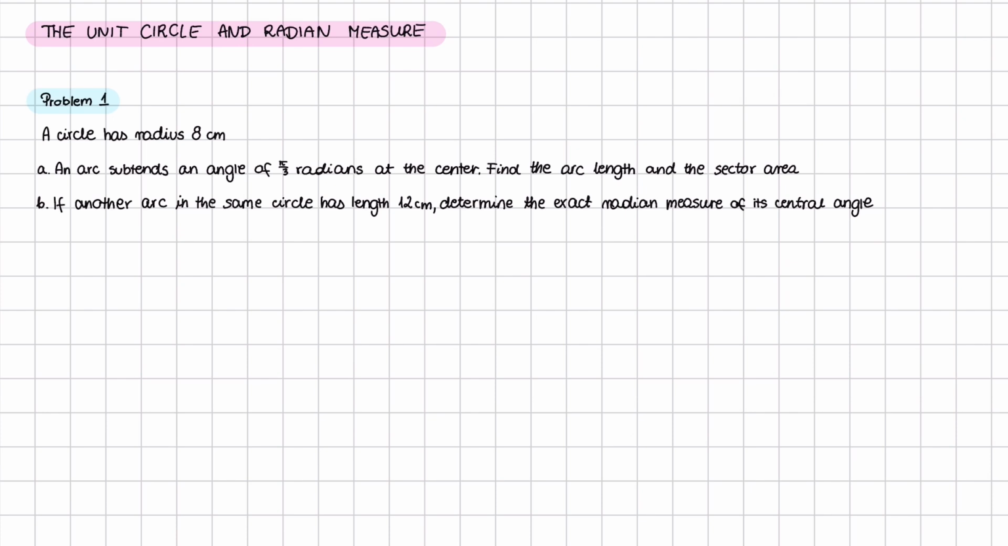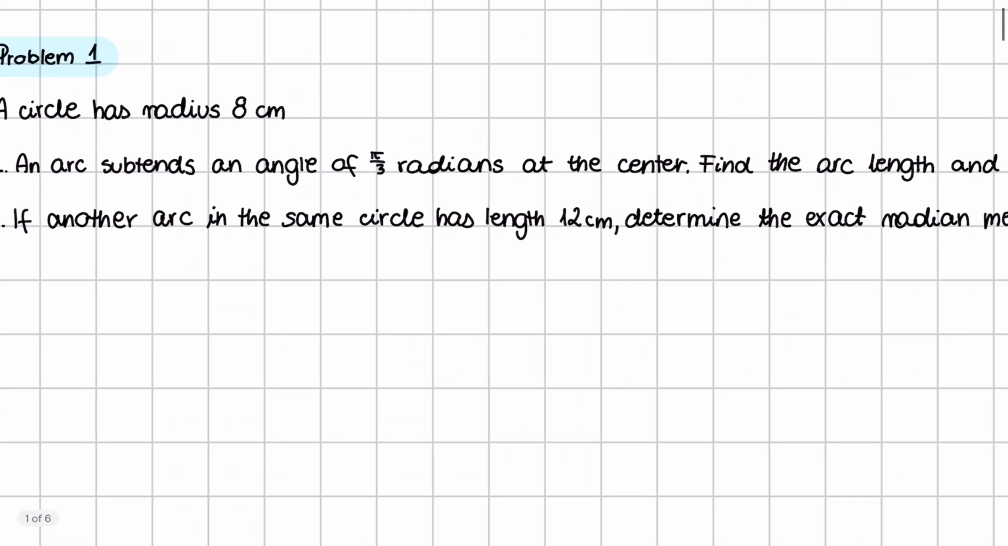Problem 1. A circle has radius 8 centimeters. A. An arc subtends an angle of pi over 3 radians at the center. Find the arc length and the sector area. So all we have to do in here is just